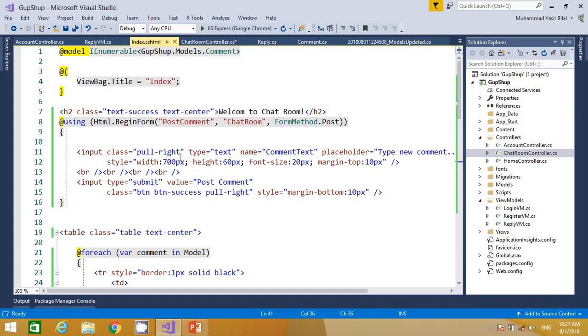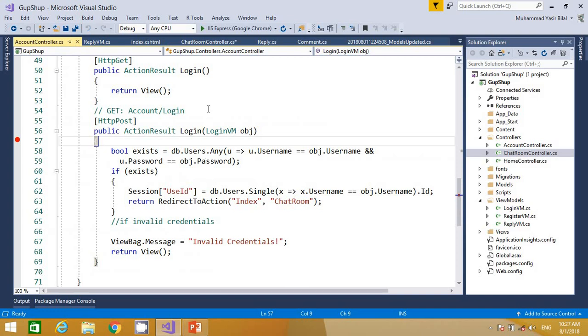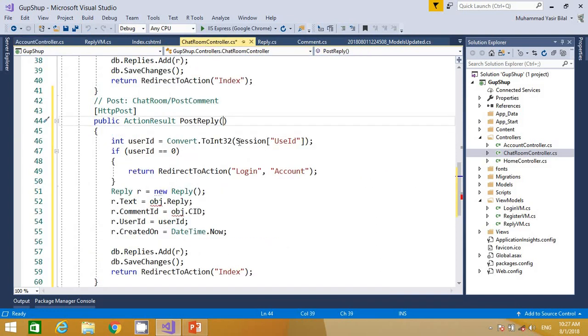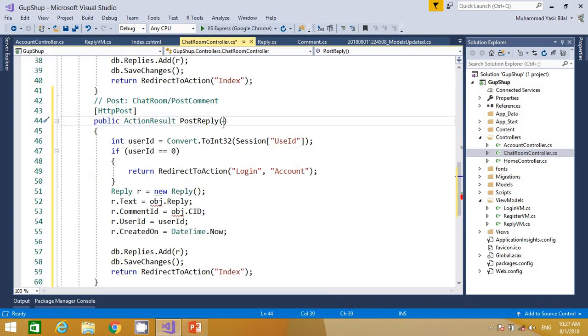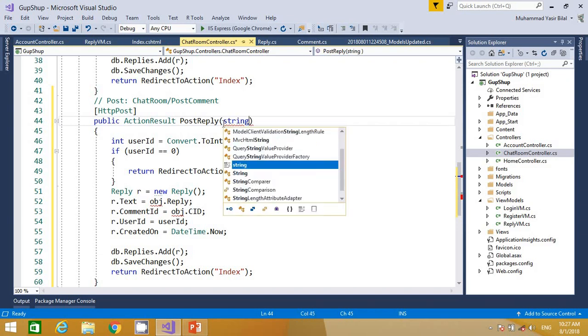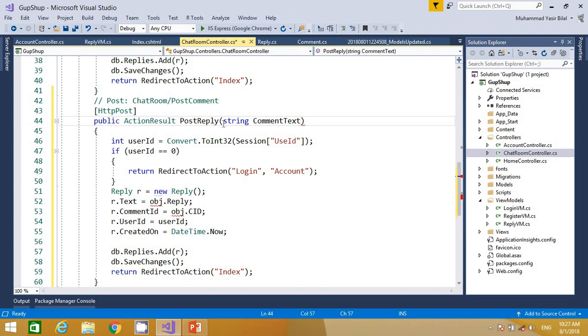Because this input text box name is comment text, we must remember that this comment text variable name must match with the parameter over here. So I take a string type variable and